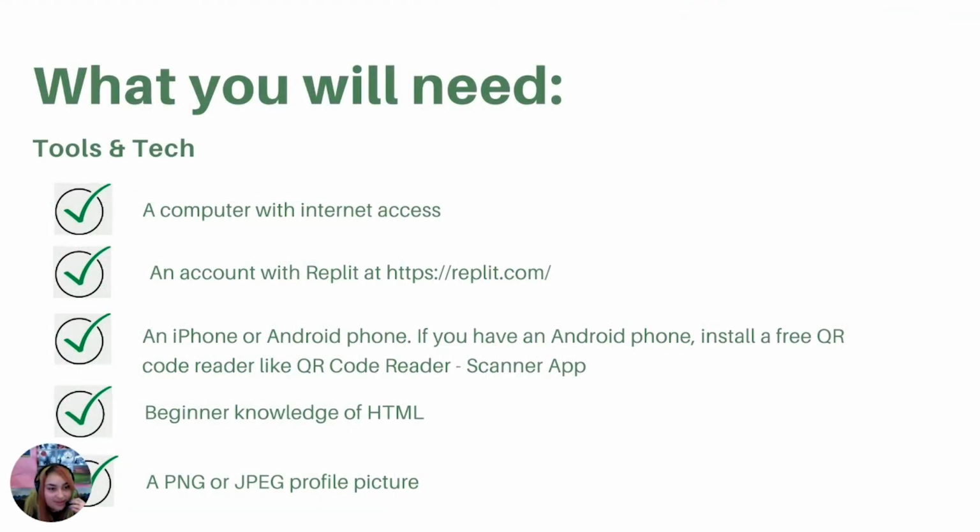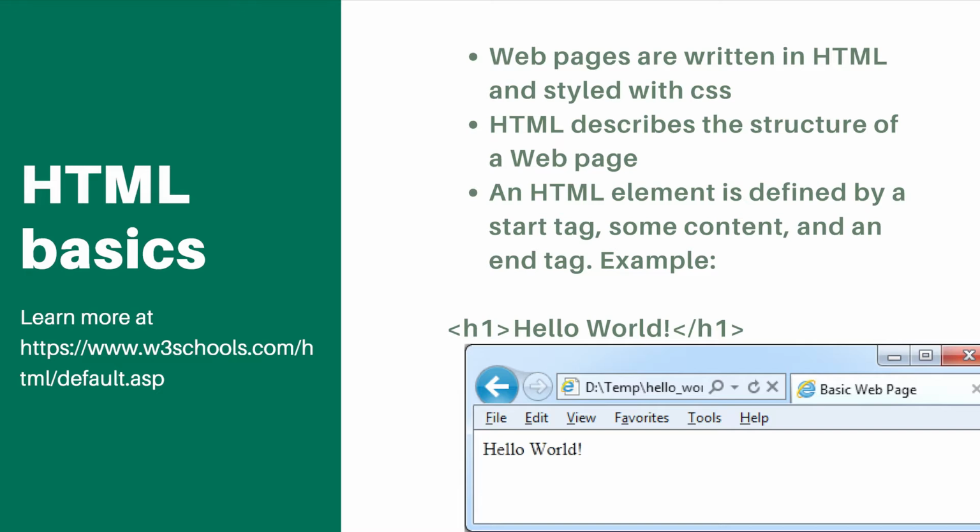All right, so what you will need is a computer with internet access, an account with Replit at that URL, an iPhone or Android phone. And if you do have an Android, you just install a QR code reader, and then you'll need beginner knowledge of HTML and a PNG or JPEG profile picture. We mentioned that for this hour of code, you should have some knowledge of HTML. We want to go over some very basic things, and you can learn more at